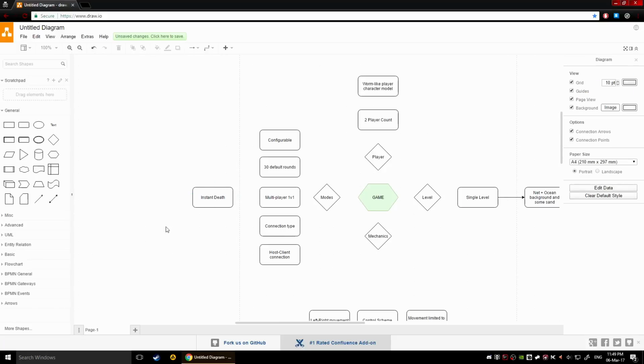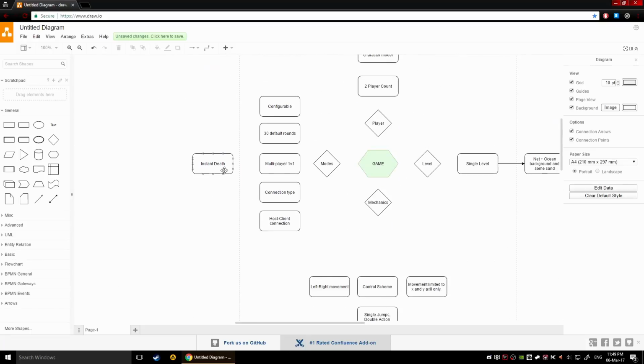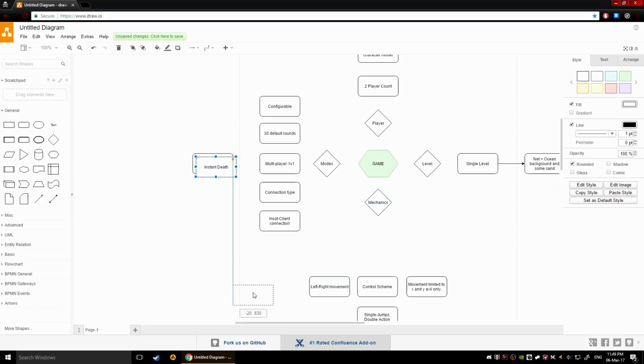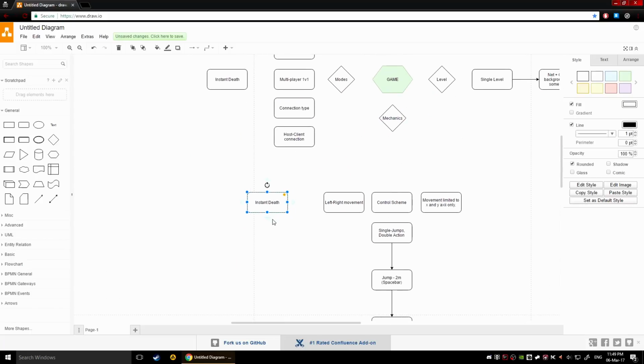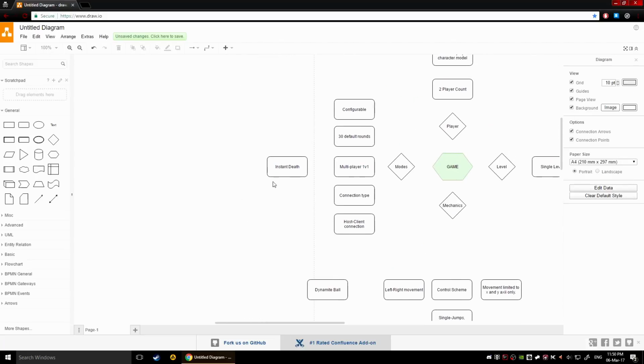You're going to have your balls, for example. Here, your ball will be a dynamite. Right, so let's copy this. Yeah, dynamite ball, and essentially the rule set is